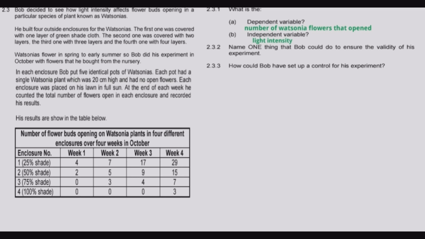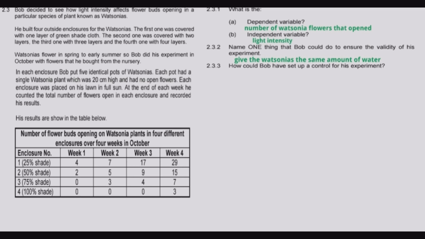Okay, we come to question 2.3.2. The question is, name one thing that Bob could do to ensure the validity of this experiment. One thing Bob can do to ensure that this experiment is valid. So one thing Bob can do is give the Wasonia the same amount of water. So he shouldn't deprive any plant of water. You should give the same amount of water to each plant. Or you can also give the same type of soil, or plant the Wasonia plants in the same type of soil, and also put the same amount of soil, and also